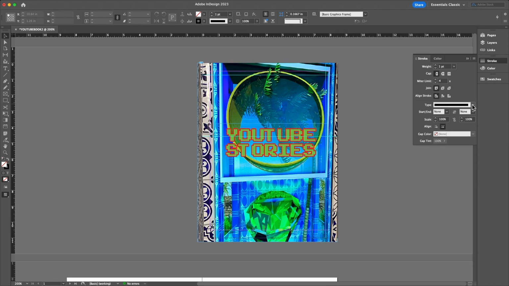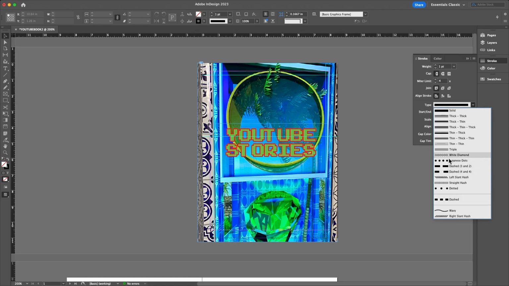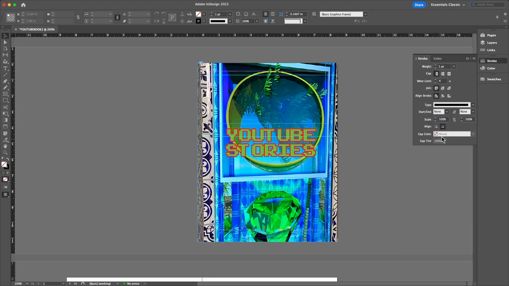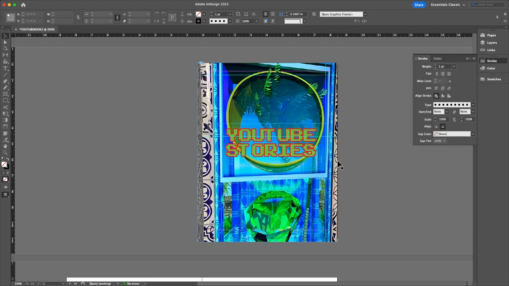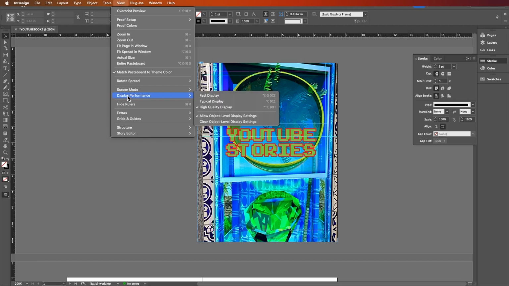I can change the type of outlines, and as you can see, it's very limited compared to Illustrator and others. If you put dots here, it's all dotted, the outlines, but it's very limited. So again, I usually do all this in Illustrator and then transfer things to InDesign. Good. All right, so if you want to see what actually the front cover looks like, you would come here